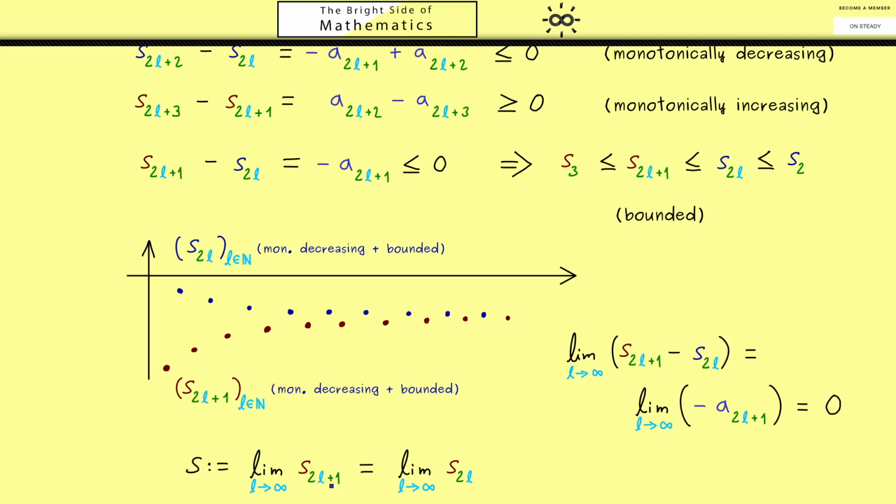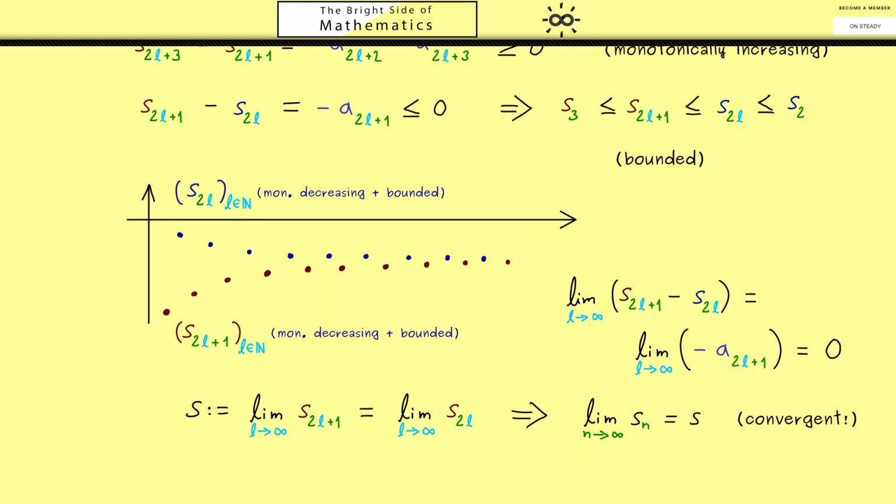Here we just considered two subsequences. However, both subsequences together hit all the sequence members of Sn. Therefore, we can conclude that the limit of Sn is also given by S. If you have never seen this step here, then it's a good exercise for you to show it. Nevertheless, for us the result here is important. The sequence of partial sums Sn is convergent. And this closes our proof. So we have proven the Leibniz criterion and now you are allowed to use it whenever you can.